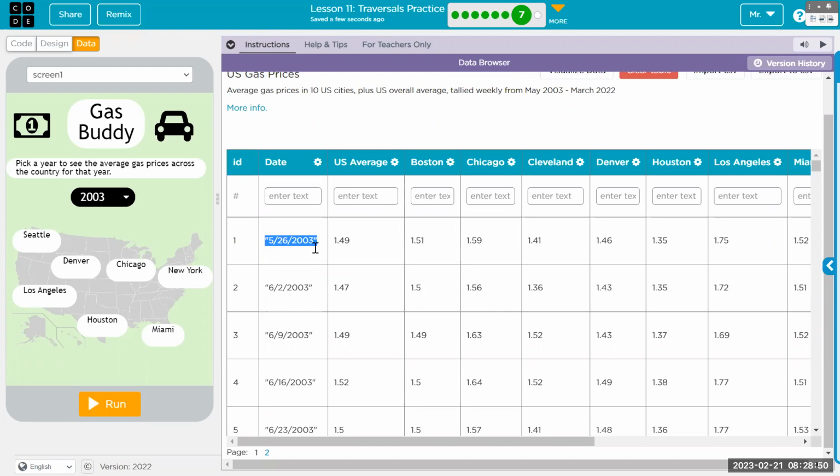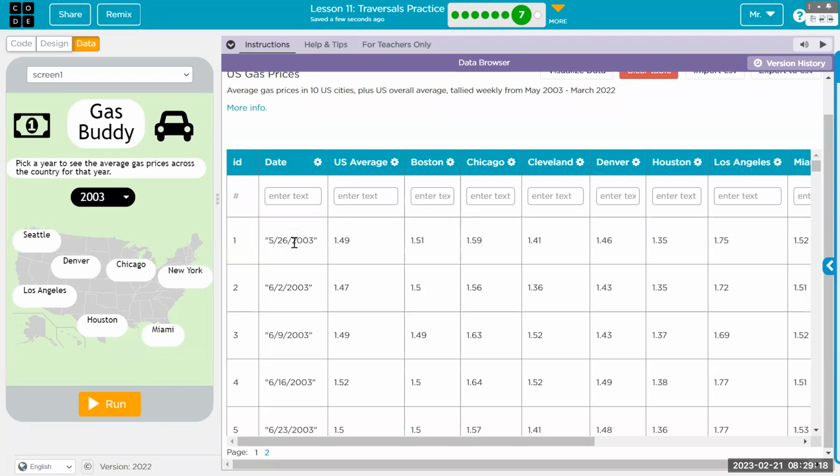Now, if they had one column for month, one column for day, and one column for year, it would be a lot easier because we could just compare the user's year to the year from the table and get all of the information from that row. But because it's a string, we need to do substring,